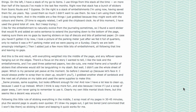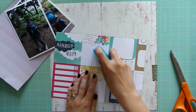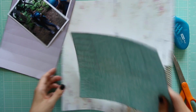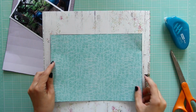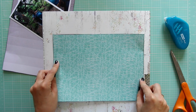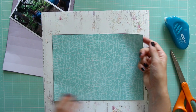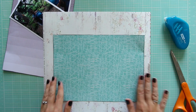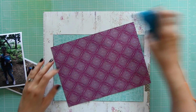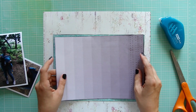I'm not one who would go to a crop and say, I need to do 50 pages this weekend and make them all really, really simple as a means to an end. The number is not my goal. But when I can make pages that are still in the style that I like, but have them go a little bit quicker and not have to keep stopping and starting, that feels really, really awesome to me as a nice side effect. So to make all this happen, I start where I left off with the photo planning, and